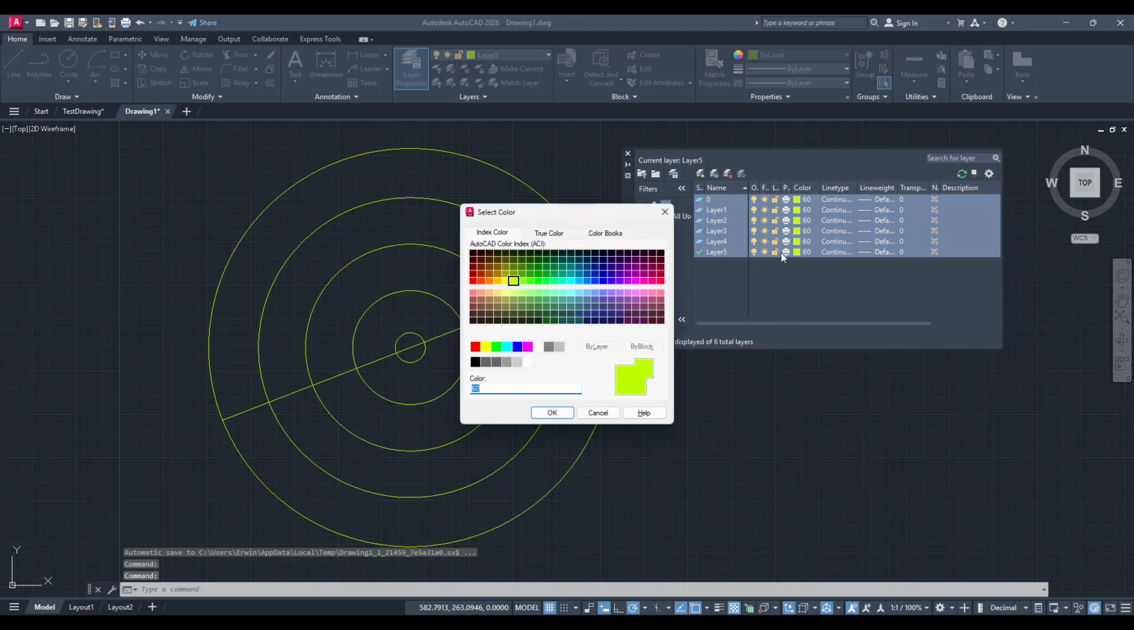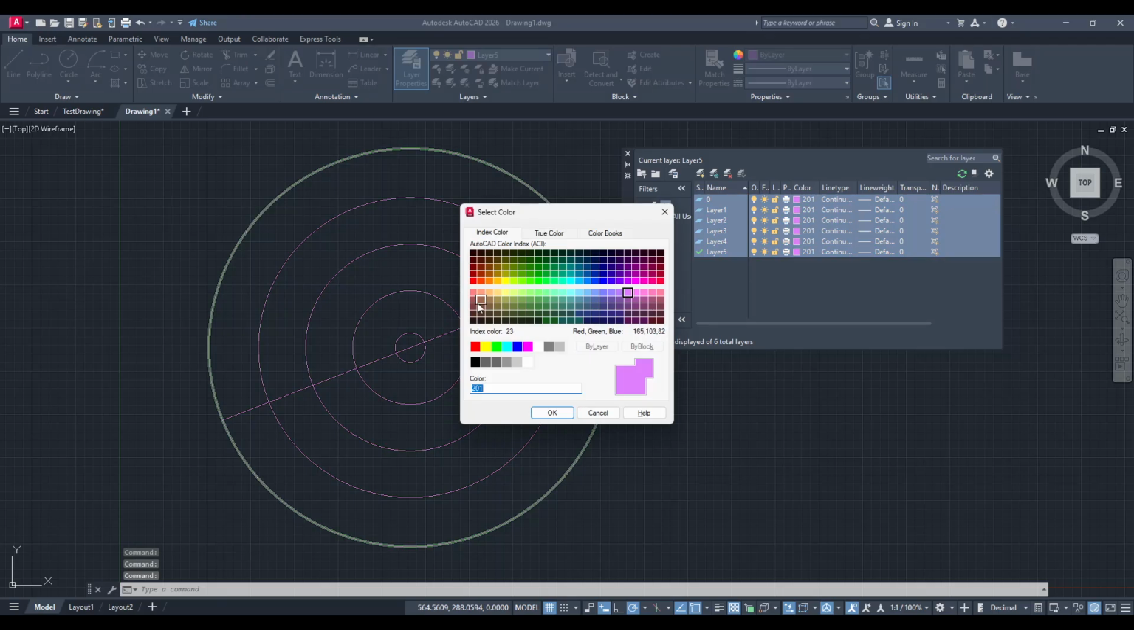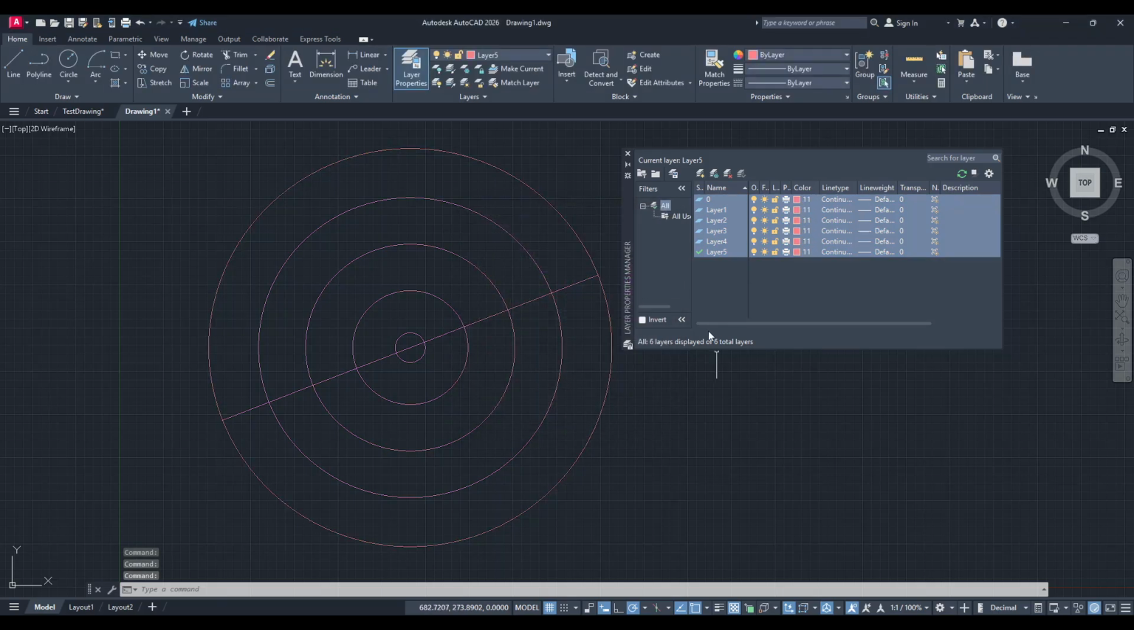And there you have it. You've now changed all the layers to a single color in AutoCAD. With this newfound skill, you should find it easier than ever to keep your drawings organized and visually coherent. Remember, the key to learning any software is practice, so keep experimenting with different features in AutoCAD to enhance your